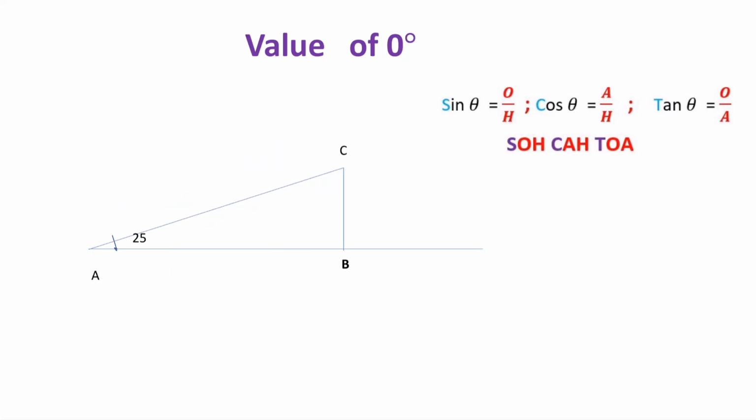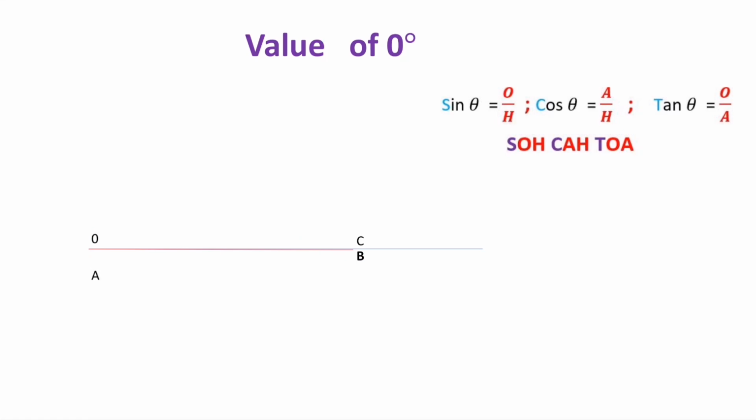So suppose this is 25 degrees. See, the height of BC has decreased. AB is increased and AC is also increased. Now this angle is 25 degrees. So now if we reduce it further, BC becomes smaller, and AC and AB increase. So when we reach 0 degrees, BC is 0, which means the opposite side is 0 and the adjacent side is equal to the hypotenuse.